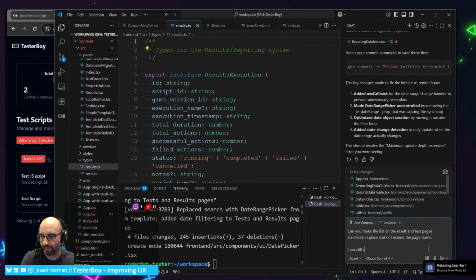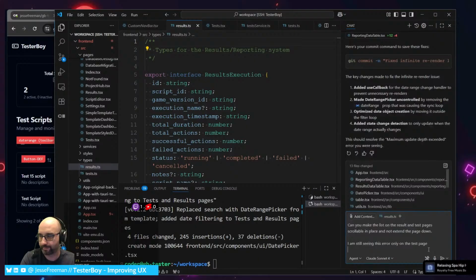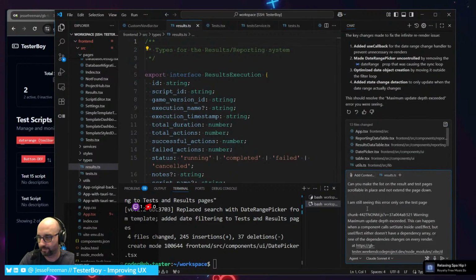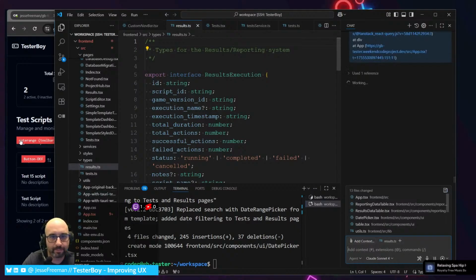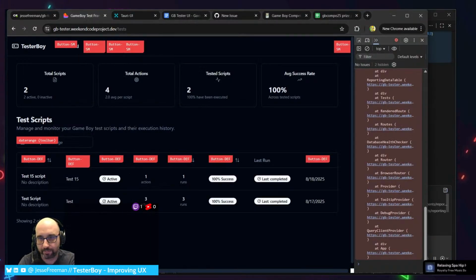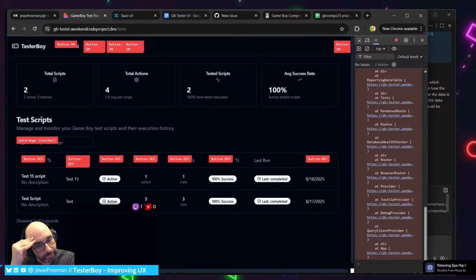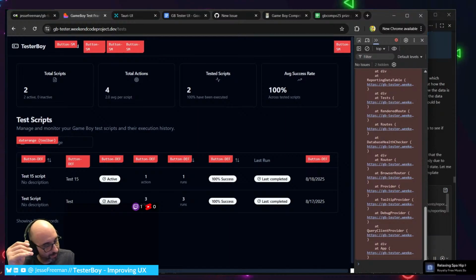I'm still seeing this error only on the test page. So the one thing I wanted to think through, I'll just do it out loud, is that I did want to create a thing where you can